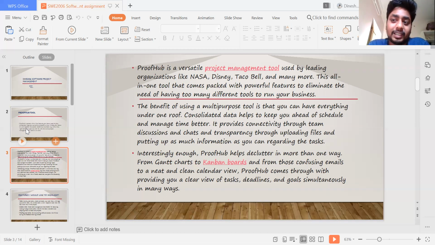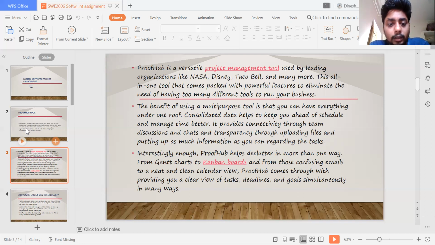If they are sending messages by mail or WhatsApp, it is very difficult to find everything. When we use the online chats, it's very easy to track your messages, your mails, and your data.